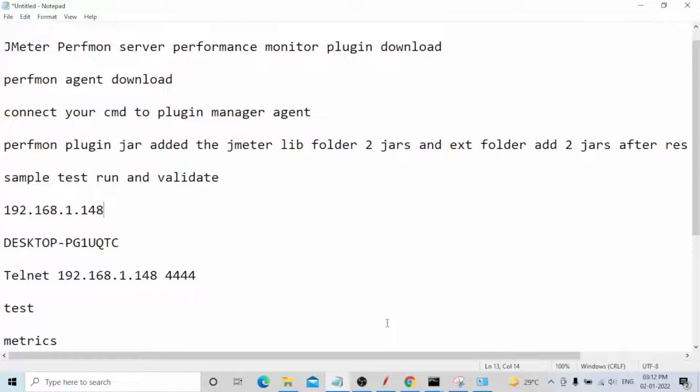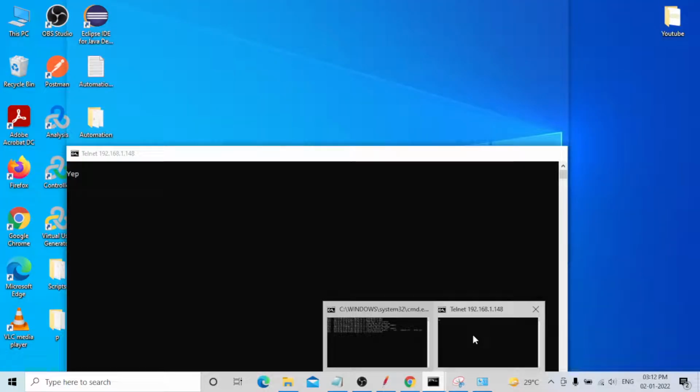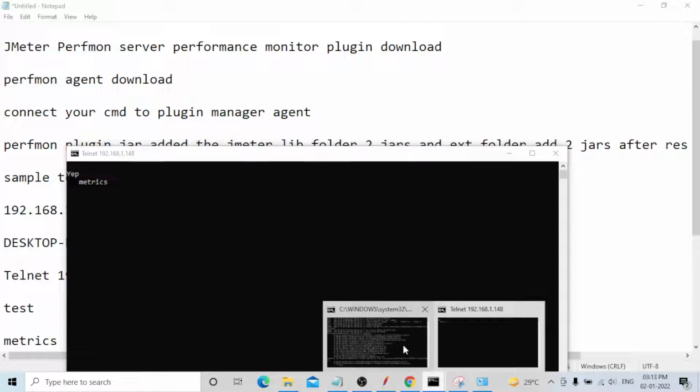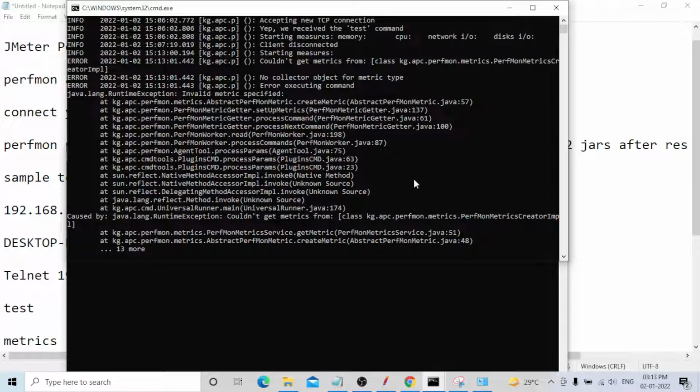Okay, how do we exit this test now? You can go to this one and type some metric, anything. Maybe this one will work only, I will show it. Oh sorry, did not get that one.